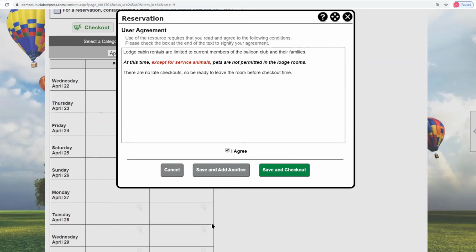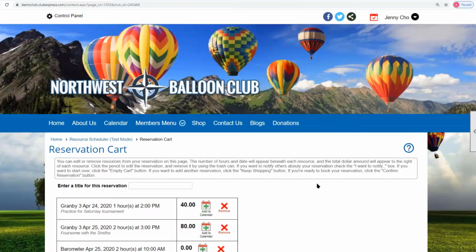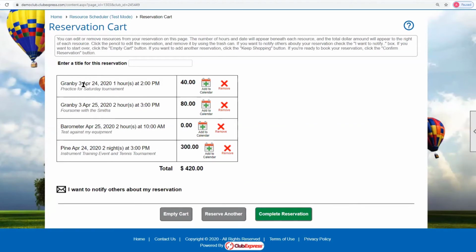All right, so I'm going to go and check out. So this brings her to the cart, and you saw 2 tennis courts were already there. There's a barometer that she's reserved for 2 hours, and she's reserved the Pine cabin for a couple of nights. So at this point, there's a couple of things she can do. One is, I want to notify others about my reservation. So if I click on this,